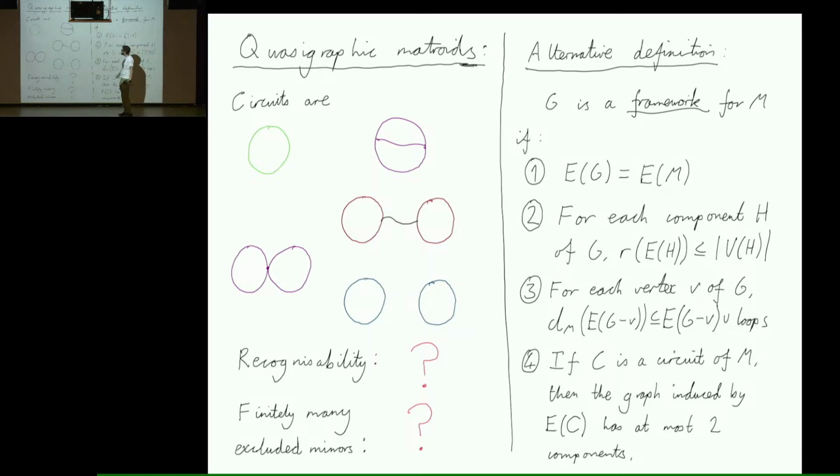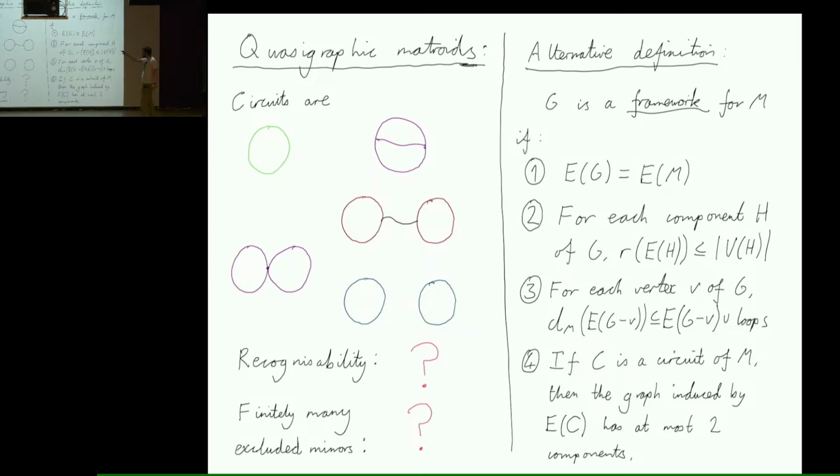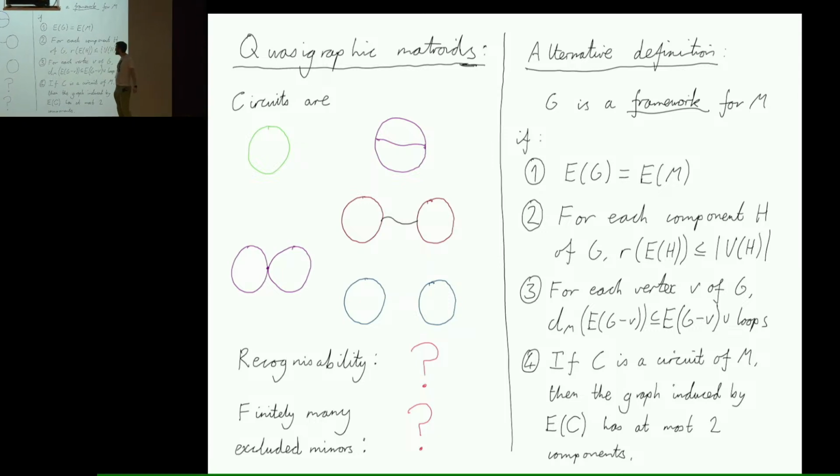There's a small technical point here, which is that you should close this under direct sums, because the class as I just defined it is not closed under direct sums. And if you do that, then you get the class of quasi-graphic matroids. So this wasn't the original definition of Geelen, Gerards, and Whittle. They defined them